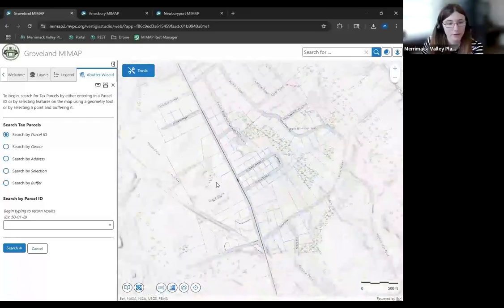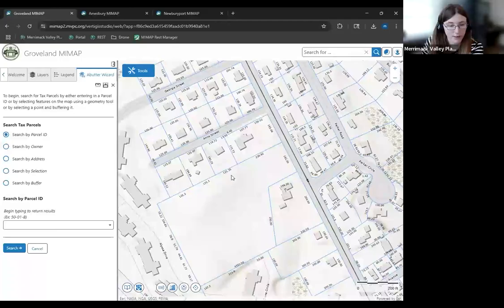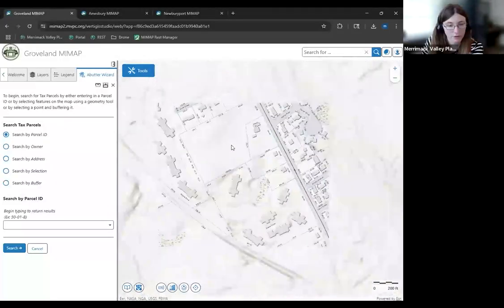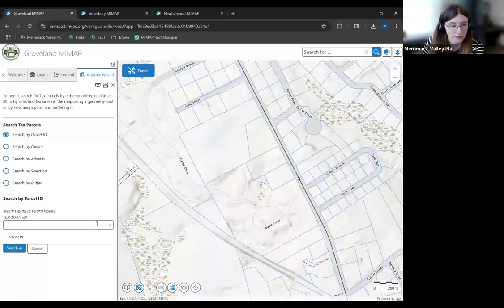So yeah, going through the abutters list again, essentially, the first screen just lets you choose the parcel that you're interested in messaging or getting the list of abutters for. You can find that parcel through any of these options, which is the parcel ID, which is what pops up when you're looking at it. I turned the labels off earlier, but usually you'll see the numeric ID, like here, 34-013-0. If you know that ID, you can enter it in here to select the parcel.